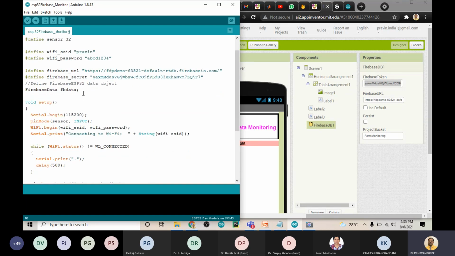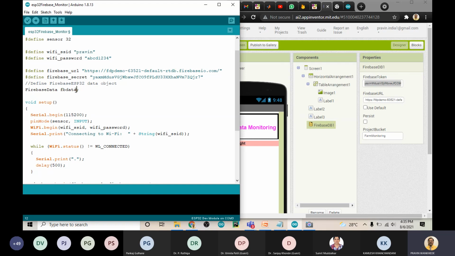Then next we'll assign an instance for Firebase data. We have created the name FB data, that is Firebase data. Sometimes you may want to send the data to multiple locations, meaning multiple Firebase databases. Suppose I have my own Firebase database and I have my manager, and that manager has another Firebase, and I want to send the data to two locations at the same time.